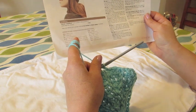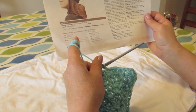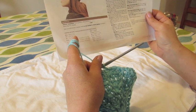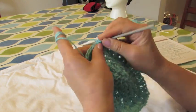into the next double crochet, 1 double crochet in the next double crochet, and then again the front post double crochet, and then 1 DC in each of the next 3 DCs. So that sounds a little bit confusing, but you'll see the pattern as I do it. So okay, front post double crochet,